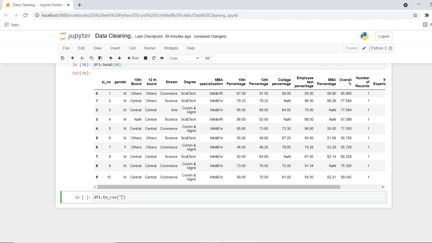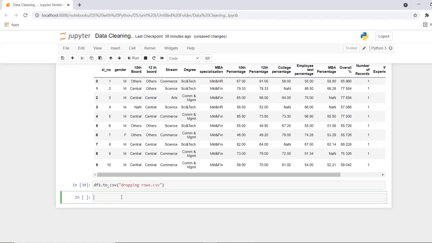I am naming this dropping rows, since the first method we used was dropping the rows. So dropping rows dot csv. Once I do this, the values of the data frame df1 will be stored as a new CSV file, dropping rows, in the current working directory.